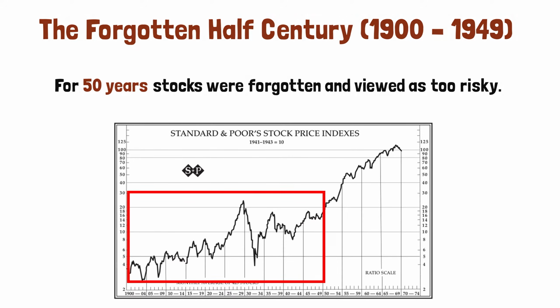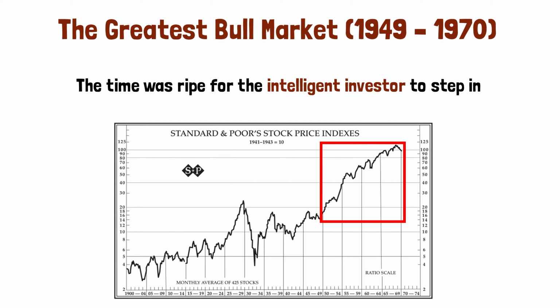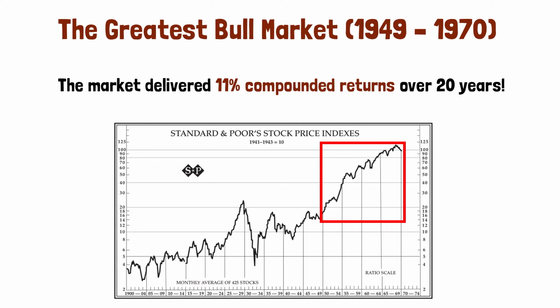Then the greatest bull market from 1949 to 1970. This is where the law of opposites proves its worth. Graham points out, because the public had lost all interest in stocks, the time was ripe for the intelligent investor to step in. And what happened next? The market delivered the greatest bull market in our history up to that point. For 2 decades, stocks soared with an average compounded return of 11%, and that's before you even add the average